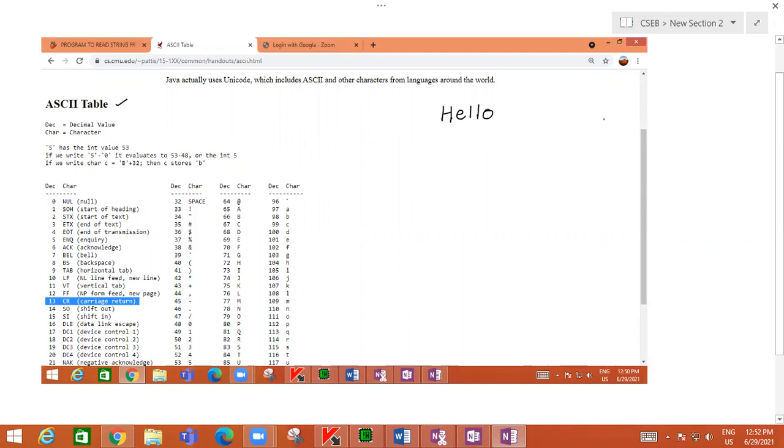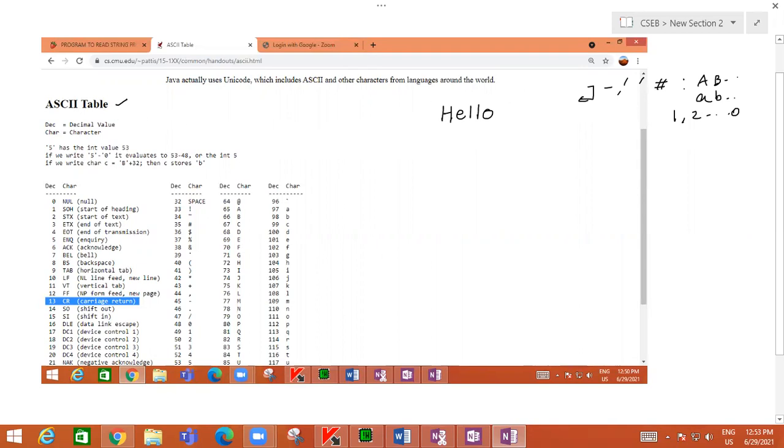Each character, whether you press enter, carriage return, a space, special characters, alphabets, small, big, and numbers, all these things will have a particular ASCII value. That is defined in the ASCII table.